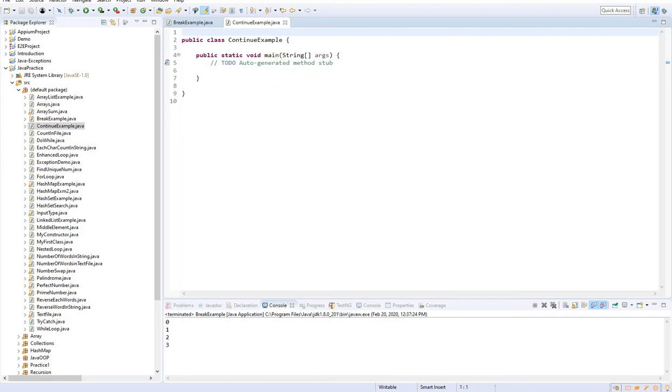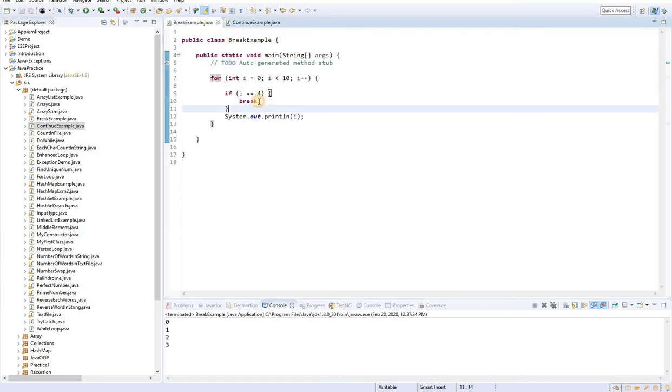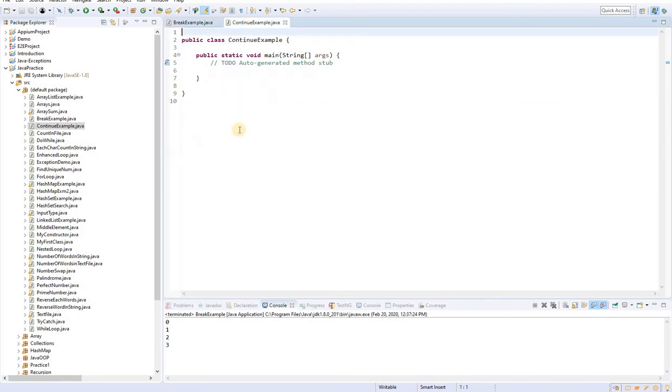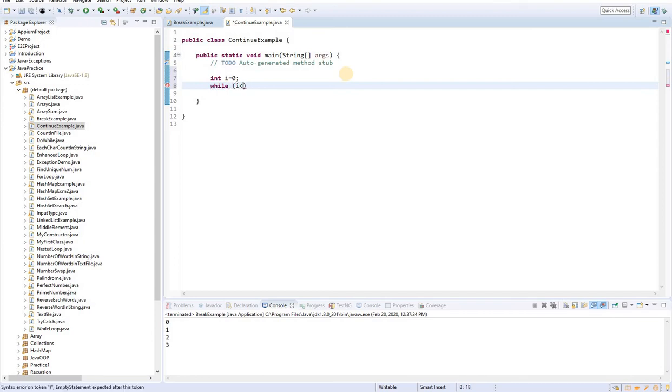So I have another class called ContinueExample. Let's see, we can use the same example here. Instead of break, we can just use continue. Let's use another, different loop, like a while loop. Let's say integer i equals 0, and then I'm saying while i less than 10,